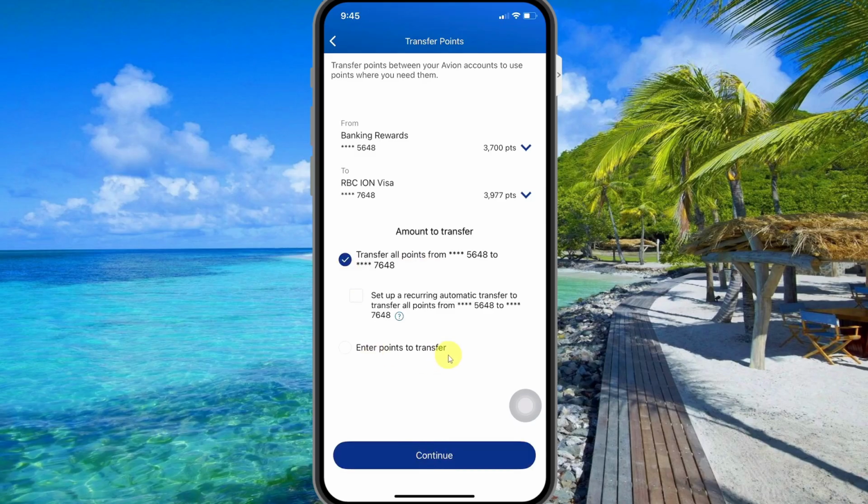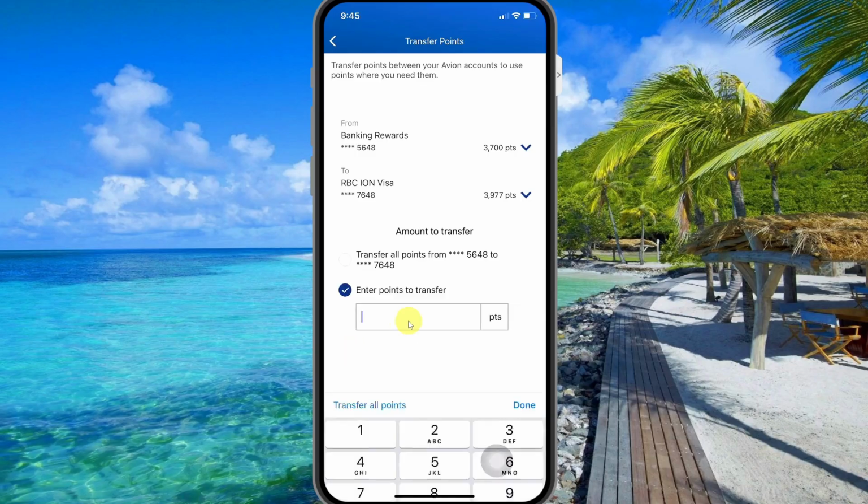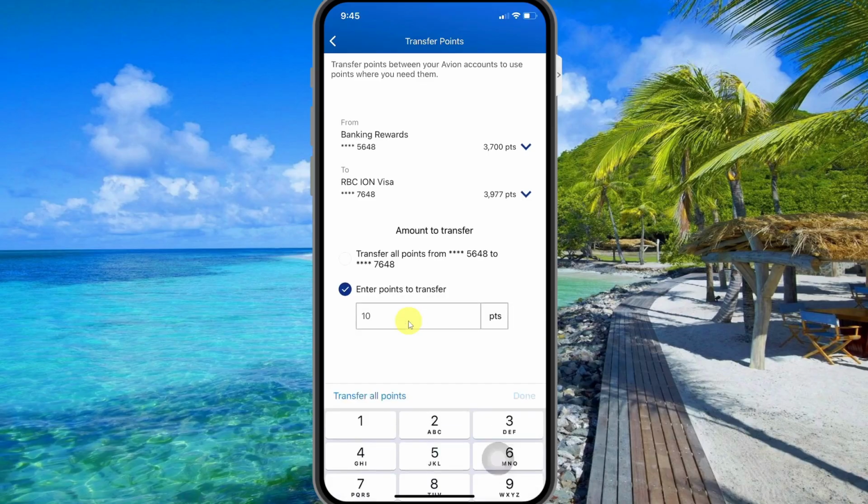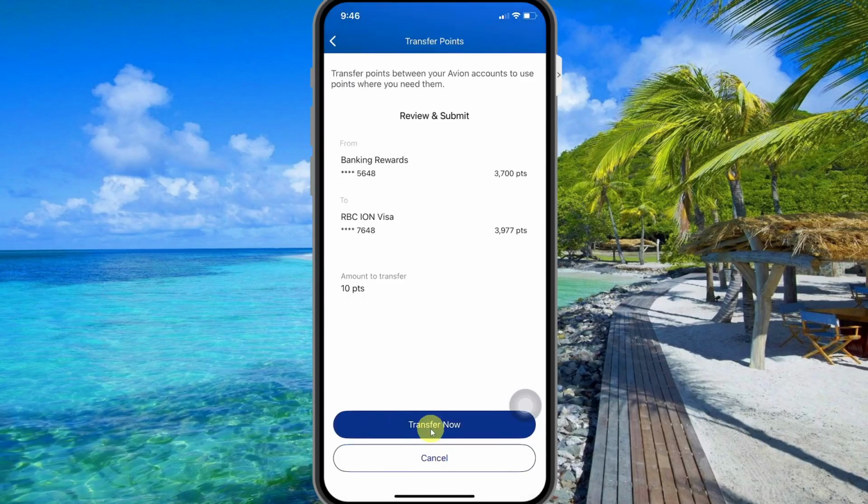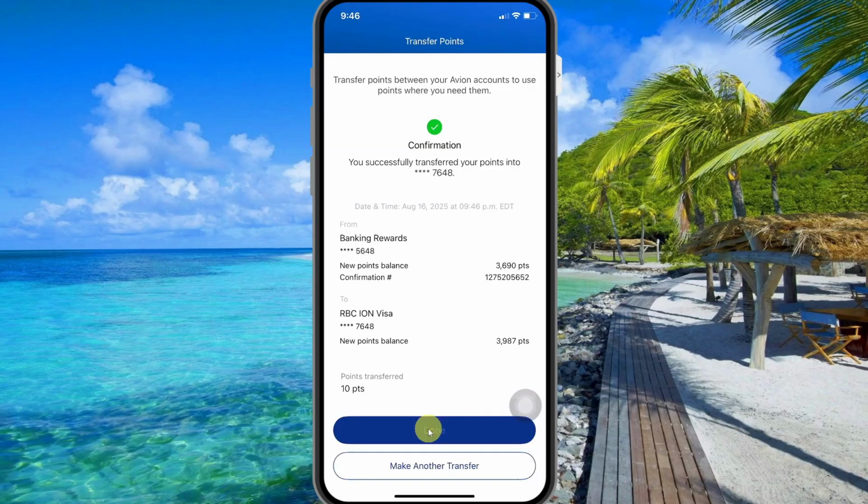You can also enter a specific amount of points by selecting the enter points to transfer. Enter the amount of points you want to transfer, let's say 10, then select continue and then select transfer now. Select done, and that's